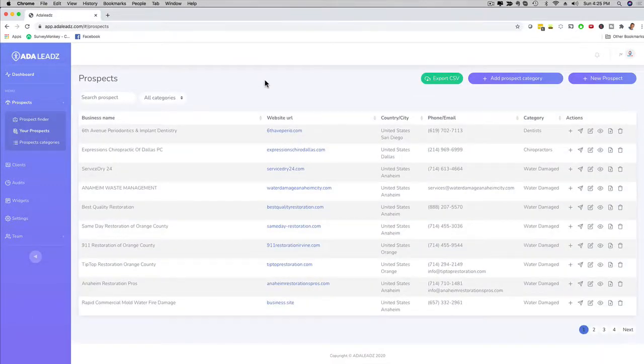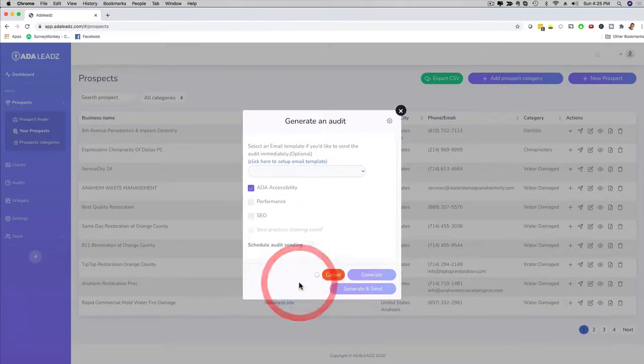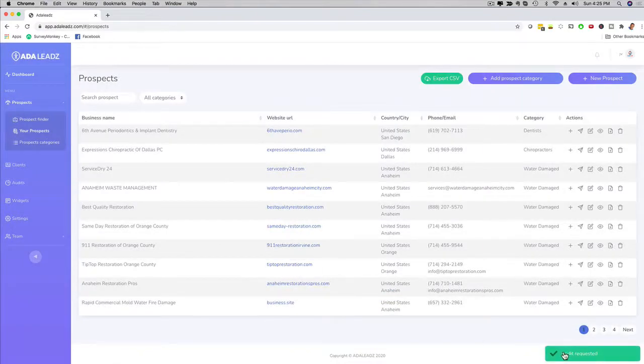Now, the next thing that is awesome about our software is that it creates a beautiful and stunning website compliance audit, okay? So I can go here and I can click on this button right here, and now I can have it perform an ADA accessibility audit, right? There's some advanced features right here, but I'm going to focus on the main feature right now. ADA accessibility, I can click here on generate, and now the software, as you can see here, audit requested,